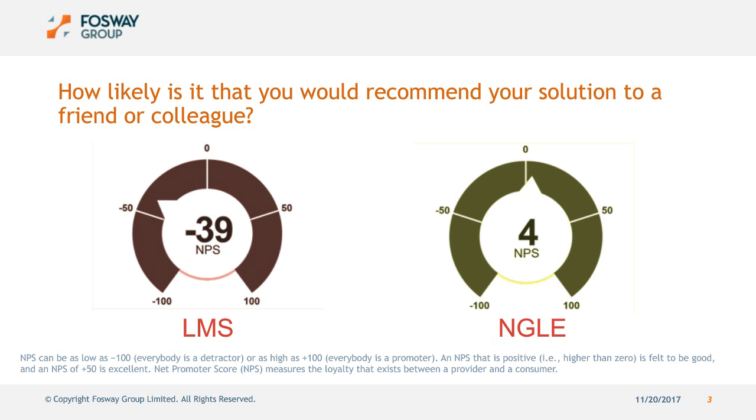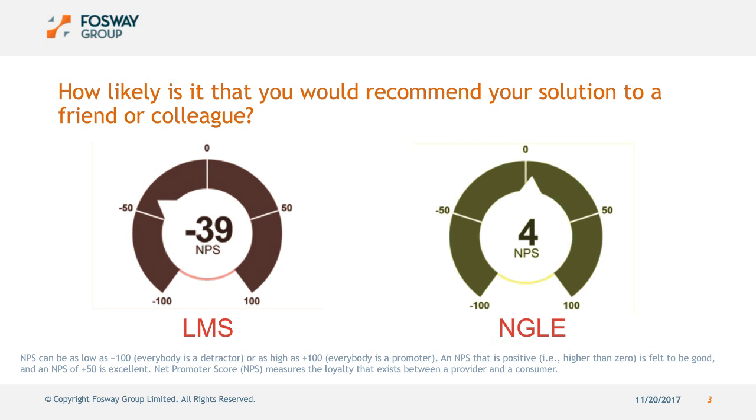In this instance, I've taken some research that we did a couple of years ago around LMSs and next-gen learning environments. That's what we call NGLEs. Whilst the NGLEs have come out more positively overall, on net promoter rating, as I said, 2 years ago, the LMSs come out badly, about minus 39. But even the NGLEs aren't necessarily in a great spot, because excellent should be around 50 ratings,